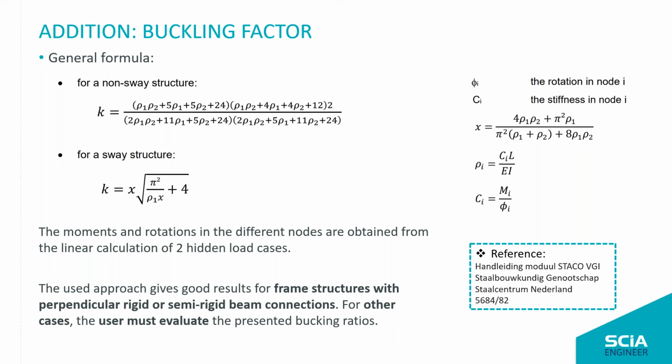It will have two different formulas, either for non-sway structures, so one that's not susceptible to horizontal displacements, and one for a sway structure. And the k-factors are calculated based on the stiffnesses of the nodes at each side of our element. The stiffness we calculated from two hidden load cases that give us a moment and a corresponding rotation in that node. And if we divide them, we get some stiffness ratio,